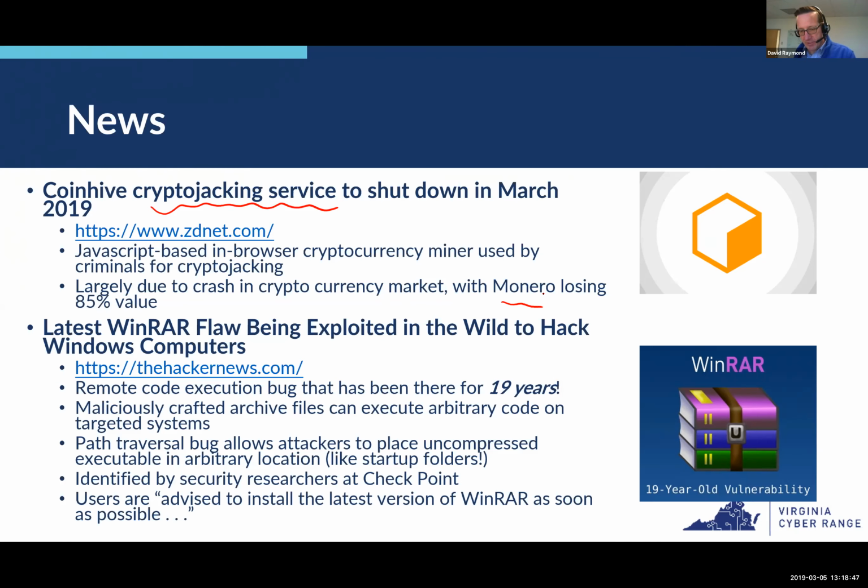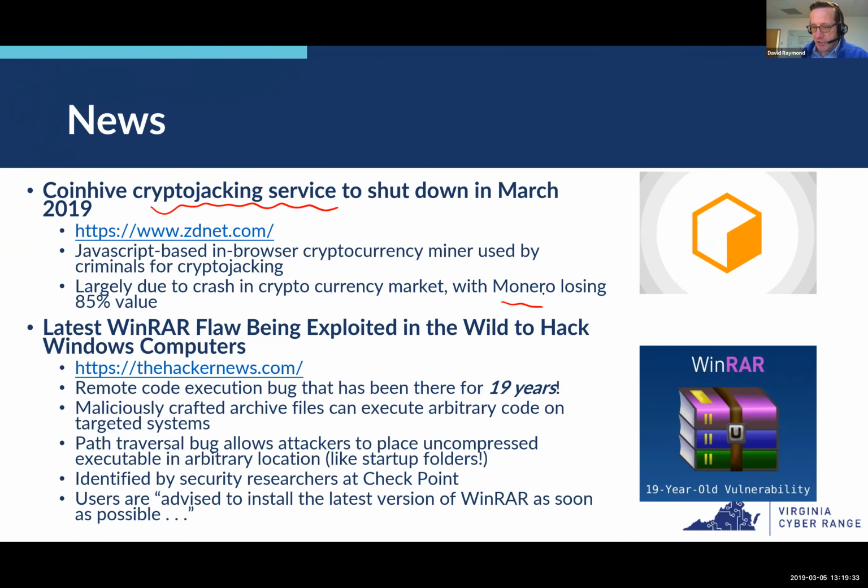And what's the negative impact on the person whose system gets cryptojacked? Well, first of all, your compute cycles are going to be devoted to this crypto mining activity, so your computer's going to be sluggish, right? You're going to click on something and it's not going to work very quickly, or you're going to get the little spinny wheel on the Windows Explorer page or whatever. It causes your system to be very sluggish because it's busy mining cryptocurrency for somebody else. It also causes your computer to draw more energy, because the CPU is running hard where normally it would not be doing very much most of the time.